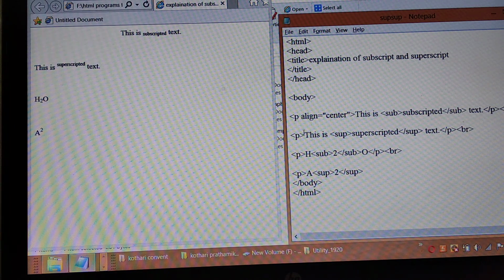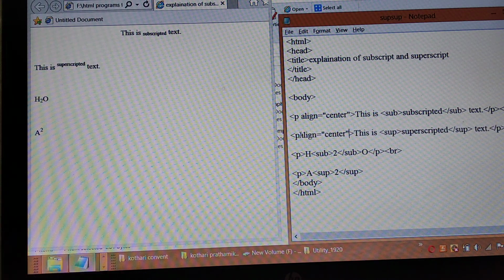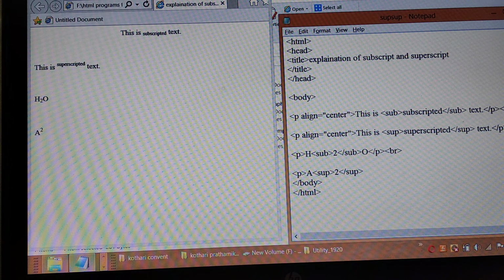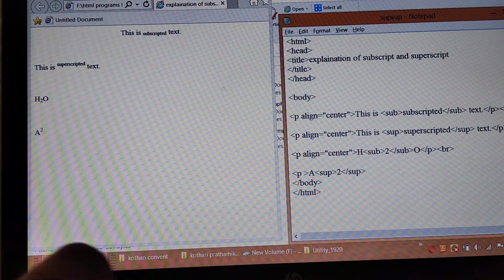So also I will copy the alignment and just I will use it at the different places for displaying the alignment at the center. So from that you will be aware about the knowledge related with the subscript and superscript tag.